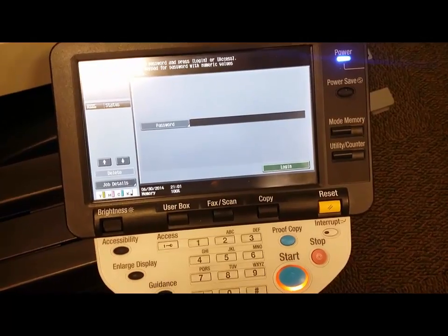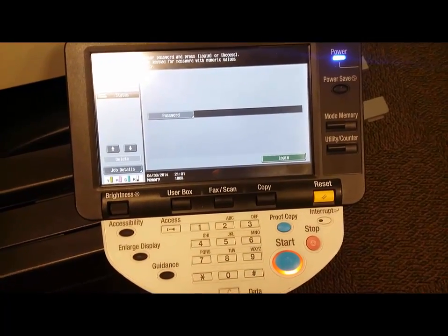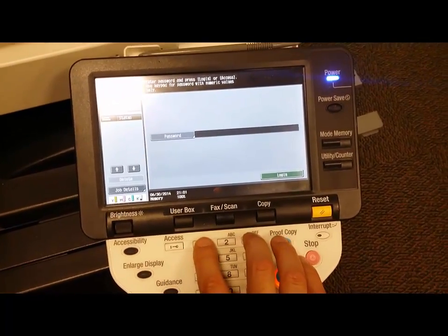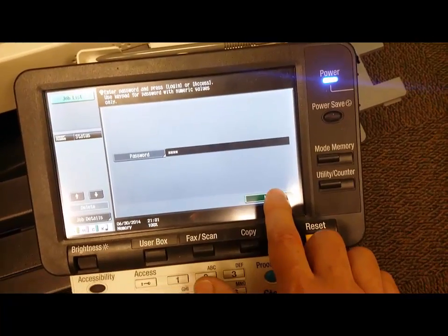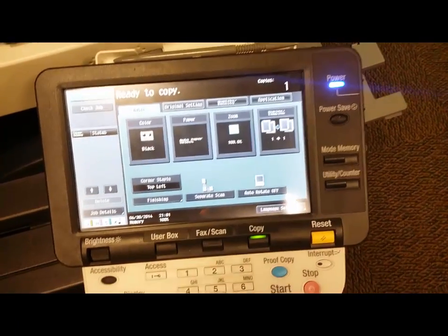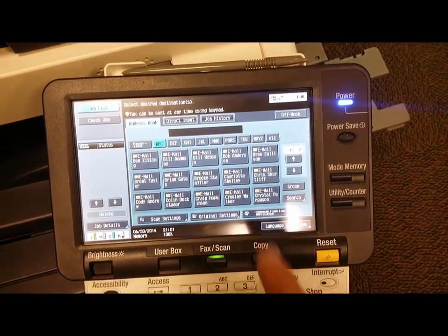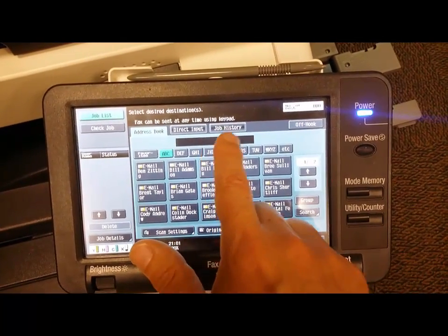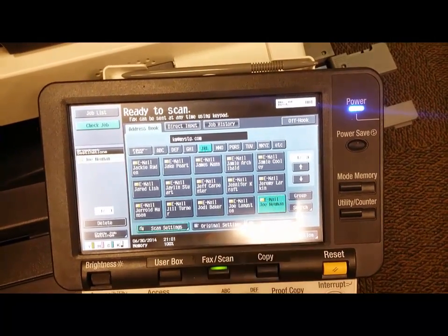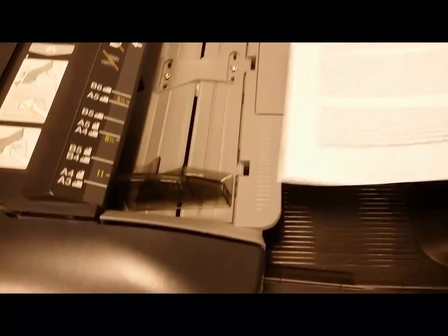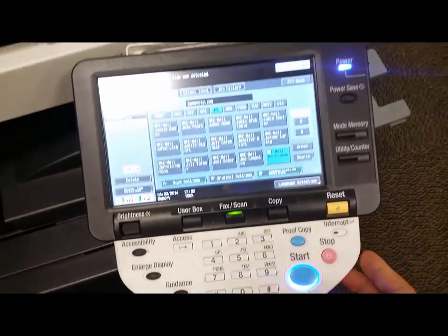Now that we've gotten the documents signed, it's time to scan them in. So first we need to log into the printer itself. So you'll just punch in your 4-digit code and then push the login button right here on the screen. And now you'll push the fax scan button. Then you'll navigate and find your contact information or your agent's contact information. Push that button, and then you'll place the documents on the scanner face up, facing towards you. Press the Start button,